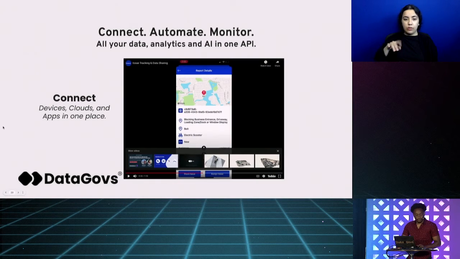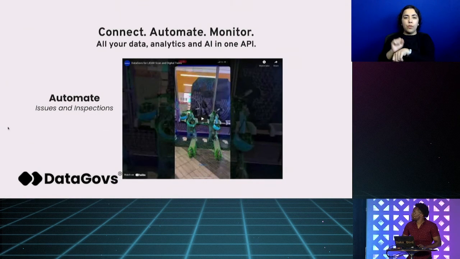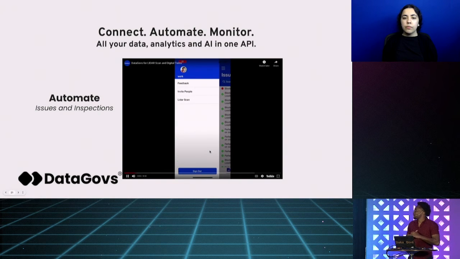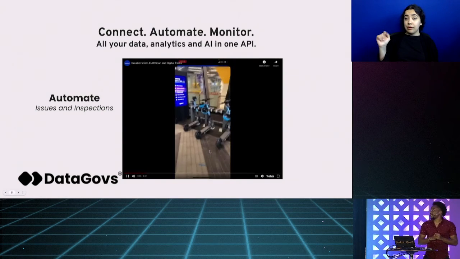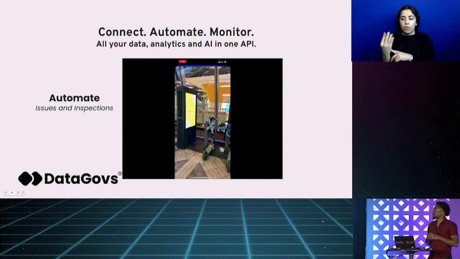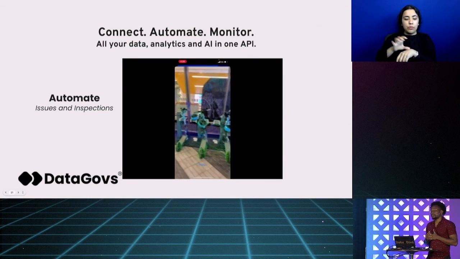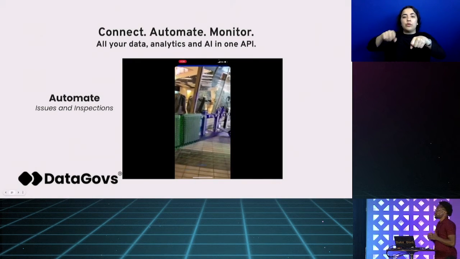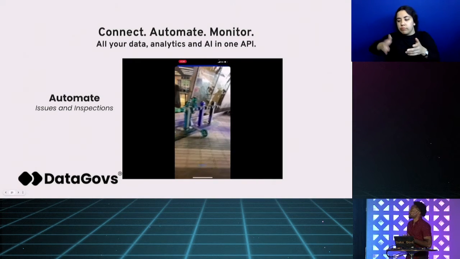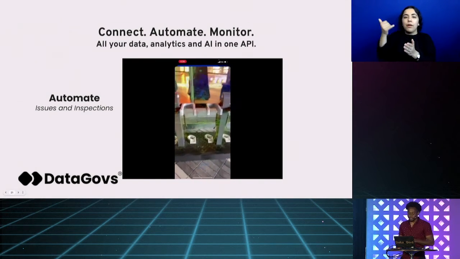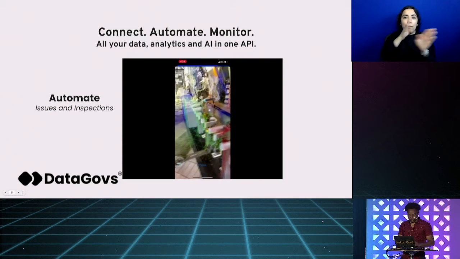We're also seeing them able to leverage tools like LiDAR in their workflows. So using DataGov's API, they're able to tap into the LiDAR sensors on their iPhones and able to leverage the camera's computer vision to basically track compliance and monitor such things like when scooters or bikes are parked in specific places. They can even do this at the street level, creating 3D renderings that they can then leverage for better planning and better preparation, all on a single API that they can then reference later.